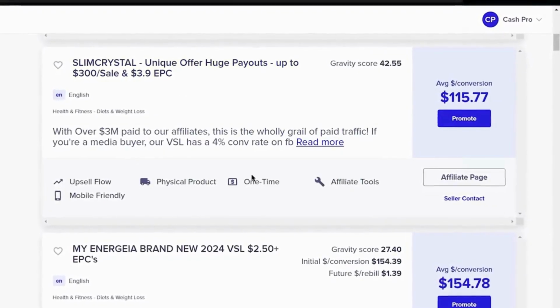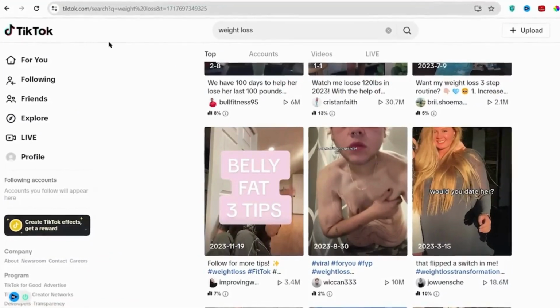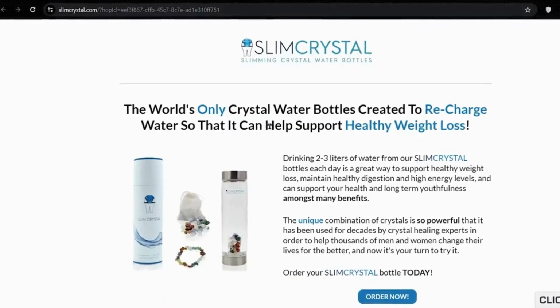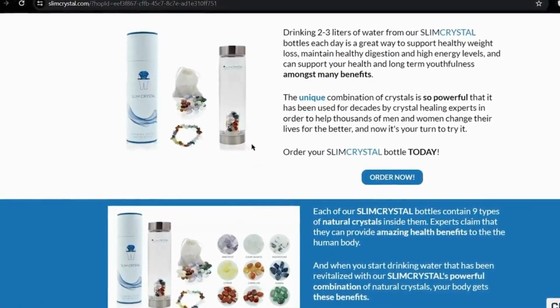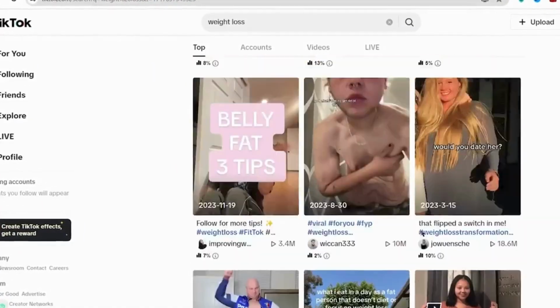And to start promoting this product, you just need to click on this promote button, and your affiliate link will be copied, which you can then paste into the bio of your TikTok account. And the next thing you need to do is to create TikToks for this product with a CTA to click the link in the bio so that you can post those TikToks to your account on TikTok or YouTube and